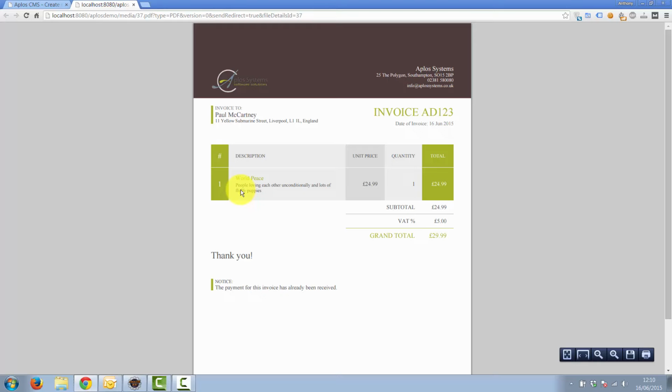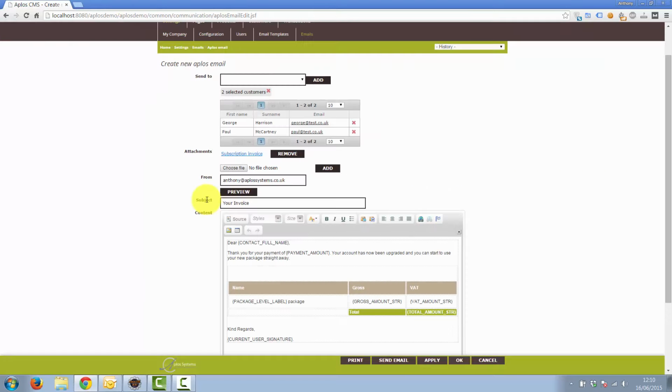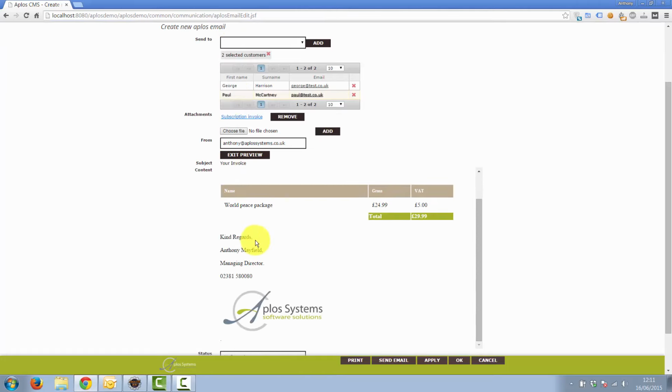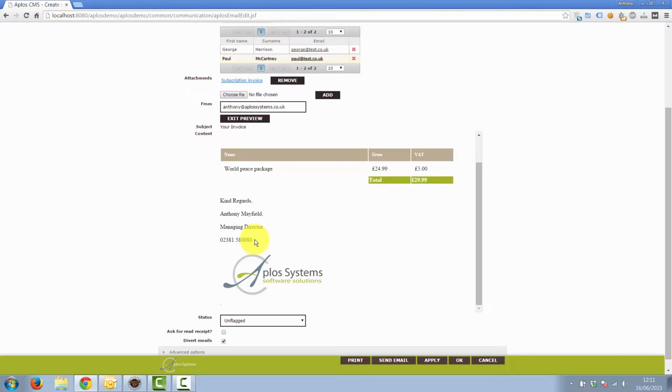Once you are in preview mode, you can even click the link to see what the finished document will look like before it's sent. Next, I want to draw your attention to the From field and User Signature placeholder. Both of these are driven by the current user. This is another crucial benefit of a bespoke system, as often people will be moving about or sharing computers, and at that point signatures become hard to manage. This system easily solves that problem by having it all set up to the person that is currently logged in. You can see that from the From field, my email address has already been set, and in preview mode you can see my user signature has already been added to the email.